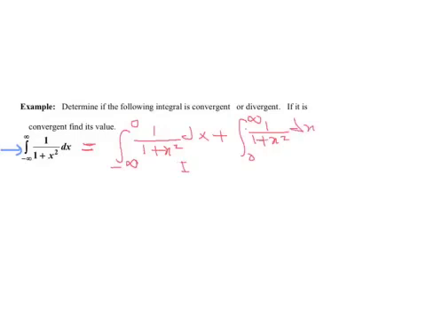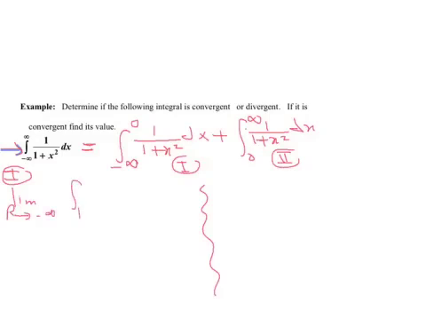Now we have to calculate this and this separately. If the first one diverges, then we stop and we say the integration, which is this one, is divergent. Now let us see the first one. For the first one, we're going to say the limit when r goes to minus infinity, integration from r to 0, 1 divided by 1 plus x squared dx,